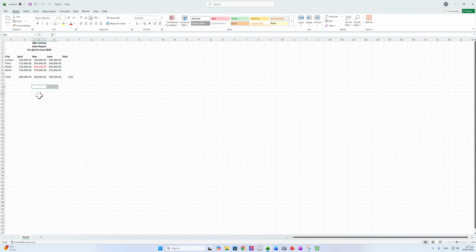My favourite way is to just drag it across, of course, but that won't work if there's any blank cells in between where you don't want it to go to. So we'll show you another way of doing that later. Now we're going to use